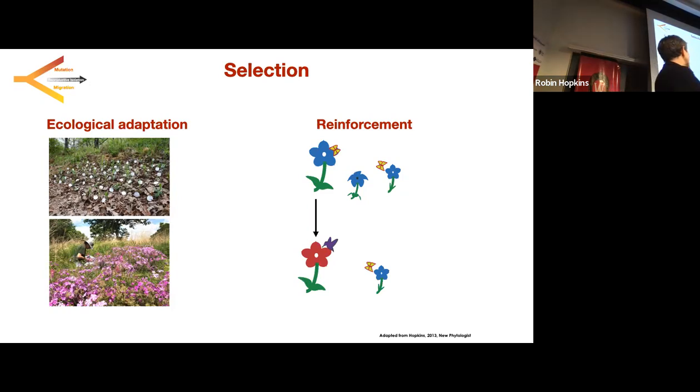That red flower in this case, that change in flower color, is under selection simply because it reduces hybridization. So in this way, selection favors the evolution of reproductive isolation because it actually causes reproductive isolation. So this is a distinct form of selection that can be really important for speciation. And it's what we spend a lot of time in our lab studying.